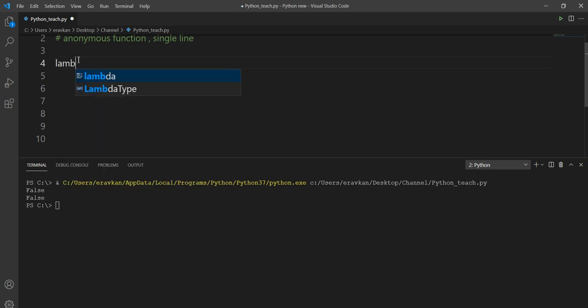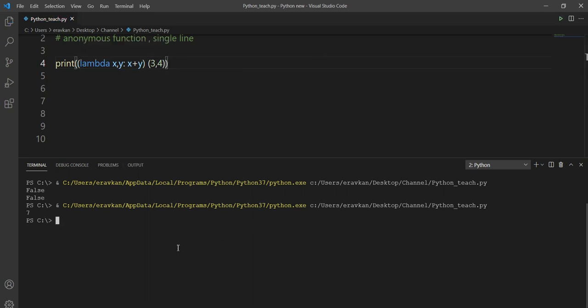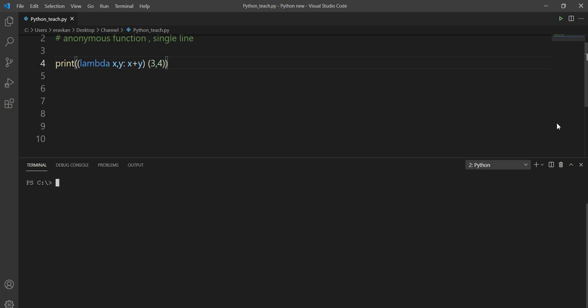Let me explain again. You will have a keyword lambda, then the input parameters you need to take, suppose x and y, then what it's going to return to you, suppose x plus y. So it is a very simple lambda expression. Without a name, I can write it in this way. I can supply the arguments here as well without using any name, and then I can write print, so I will get output from my function, 7. So lambda function is covered.